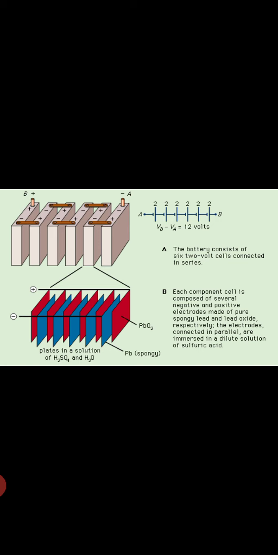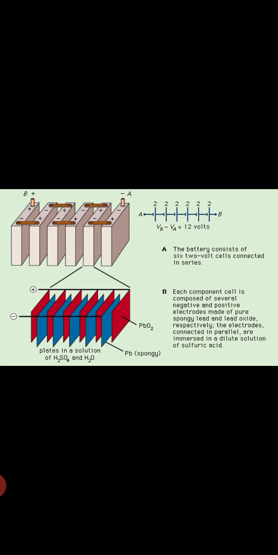You can see the positive and the negative plates are being arranged parallelly. Clear? I hope you are able to see it. Got it? And the voltage, how it is calculated: at the top you can see 2, 2, 2, 2 in this way. I said 6 batteries are there, each 2 volt, so the total is 12 volts. You are getting it, isn't it?